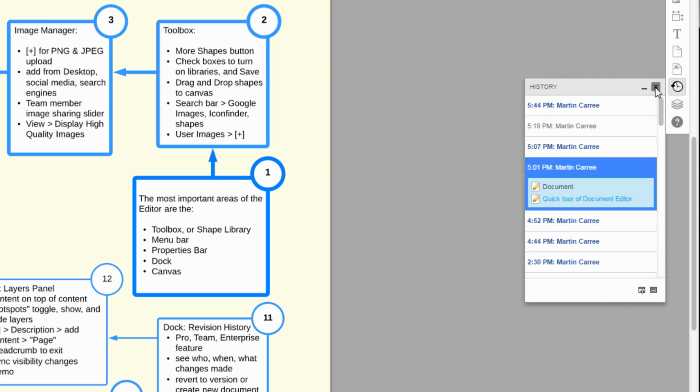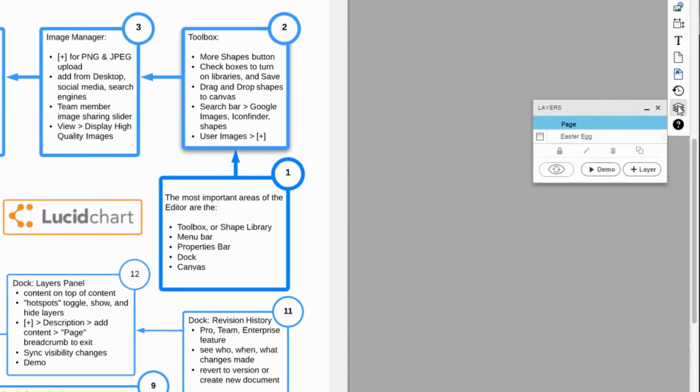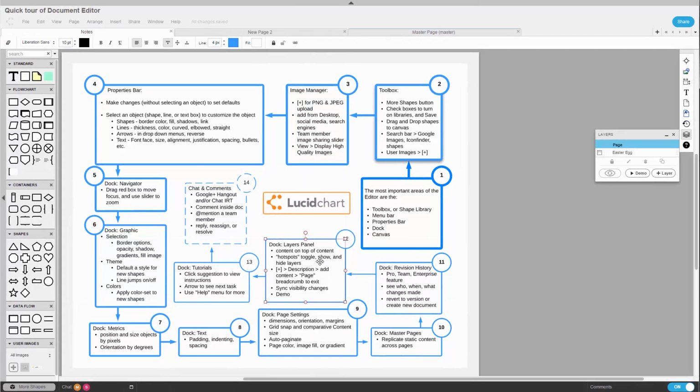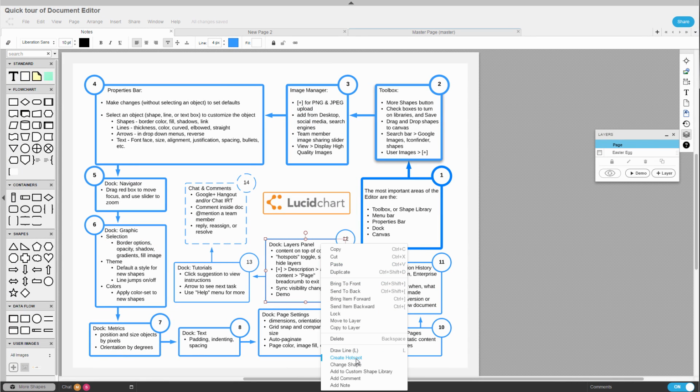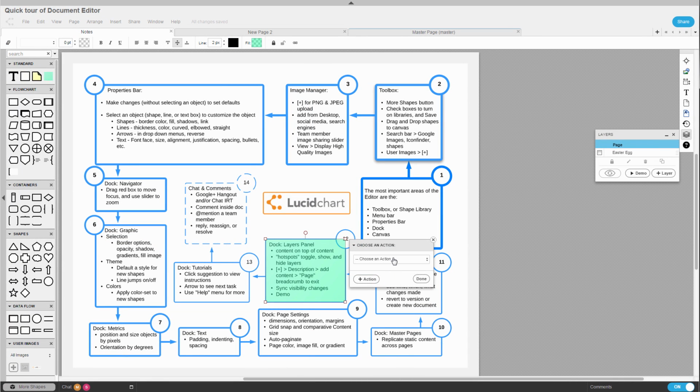8. The Layers panel is commonly used with wireframes or mockups and lets you put more content on top of existing content. Use layers in conjunction with hotspots to toggle, show, or hide a layer at the click of a mouse, putting your viewer in control. Create a layer,